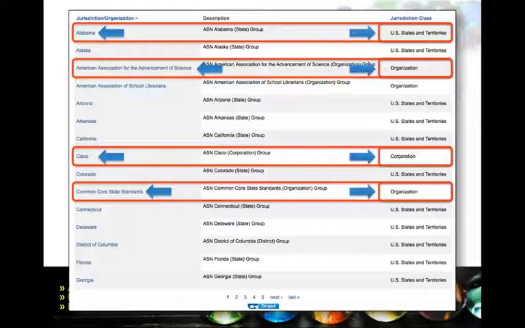The second one is the American Association for the Advancement of Science, AAAS, which is a professional organization in the United States that promulgates achievement standards. The Benchmarks for Science Literacy is a prominent source of literacy standards in the U.S. The third one down is Cisco. Yes, that's correct. The networking company.